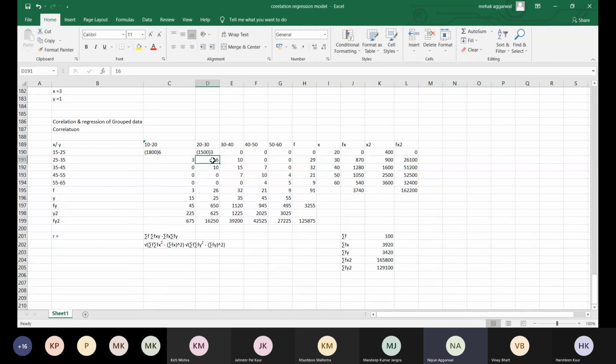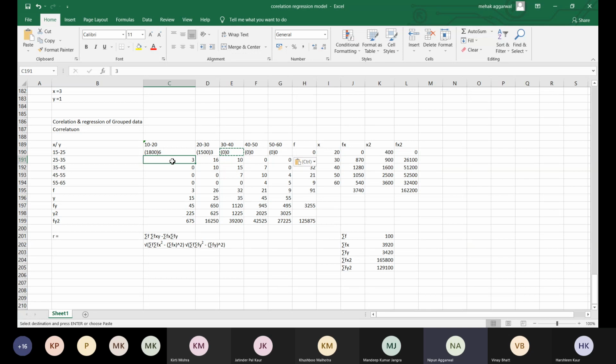If this value is also changed, no. Now this is 0, so f is 0. So if either of these is 0, this becomes 0. So this also becomes 0. So if this becomes 0, then this is also zeros. Fine. Now we have to calculate for this.